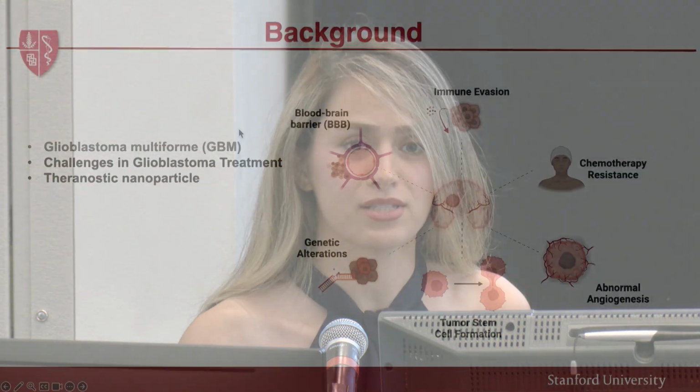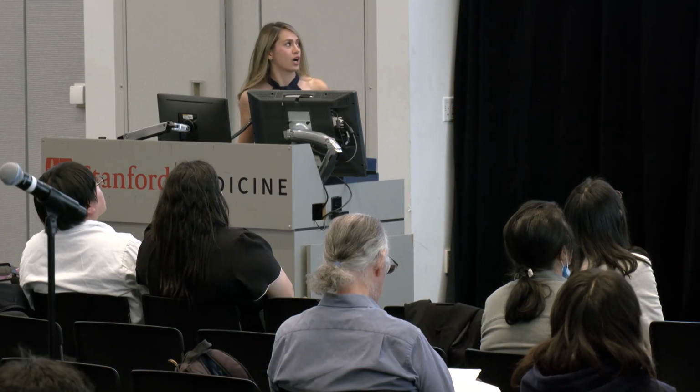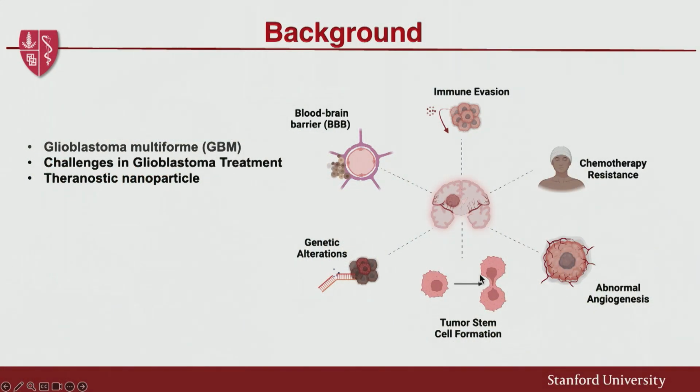As you know, glioblastoma is one of the aggressive brain tumors in children and young adults, and we know there are some challenges in the treatment of glioblastoma. We focused on two major obstacles. One, glioblastoma initiating cells, which are resistant to conventional therapy, and the other is the tumor blood barrier, which limits the drugs going to the tumor.